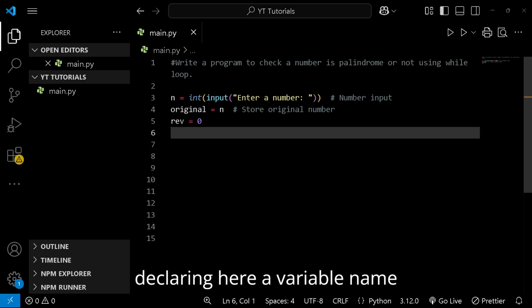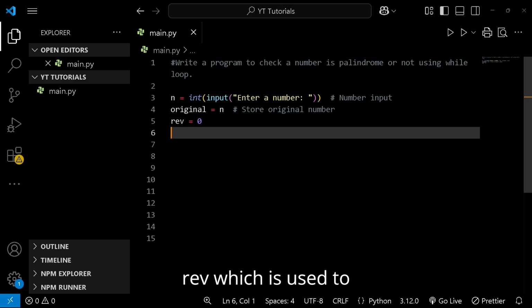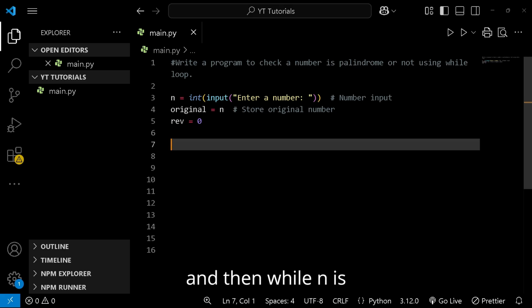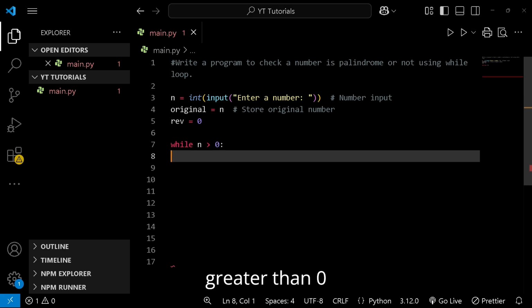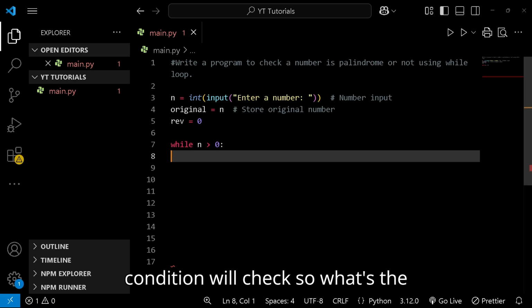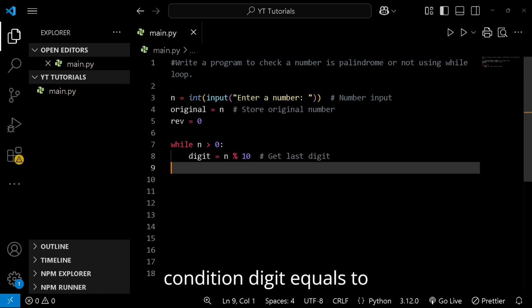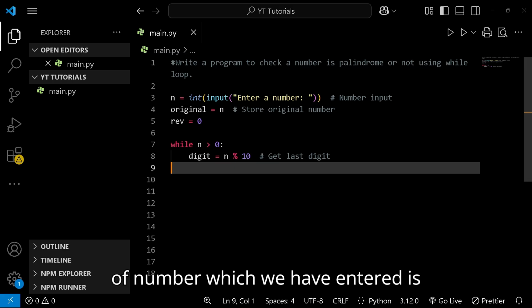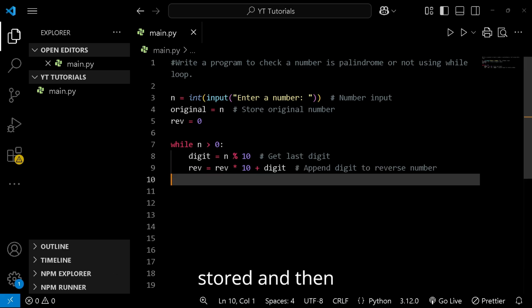declaring here a variable named rev which is used to store the reversed number, and then while n is greater than 0, means if the number is greater than 0, the condition will check. So what's the condition? digit equals n modulus 10. So in this digit variable the last digit of the number which we have entered is stored, and then